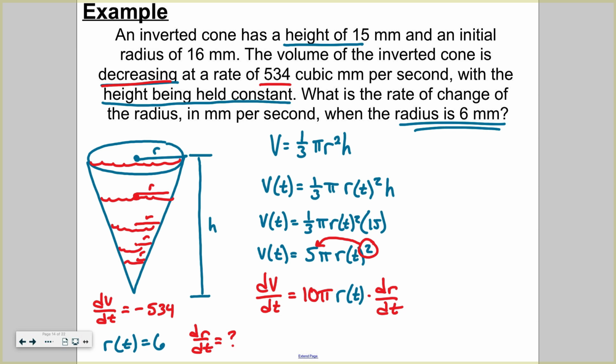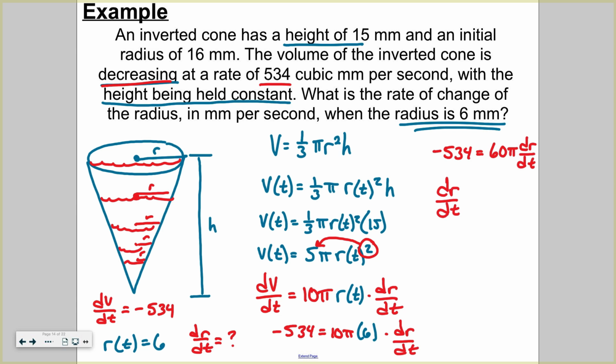So let's substitute these values in. So we're going to get negative 534 is equal to 10 pi times 6, and then times dr/dt. Alright, so then we're going to get, sorry, I need to continue my work up here. Negative 534 is equal to 60 pi dr over dt, which means dr over dt is going to be negative 534 all over 60 pi,